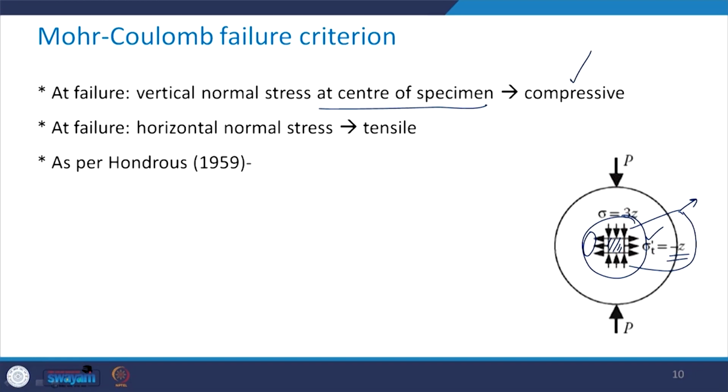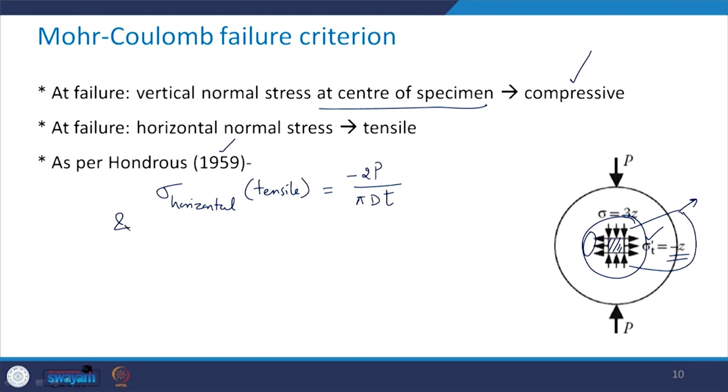So as per this author who did this work in 1959, this sigma h or sigma horizontal, which is tensile in nature, is equal to minus 2P upon pi d t,